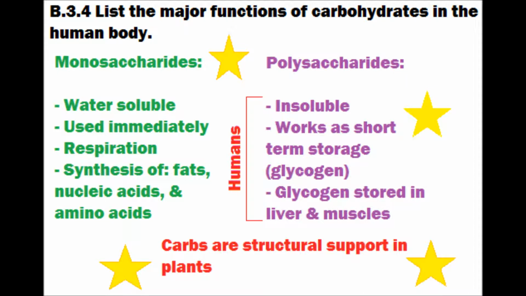B.3.4 List the major functions of carbohydrates in the human body. Monosaccharides are water-soluble and are used by cells quickly. They are used in respiration and in the synthesis of fats, nucleic acids, and amino acids. Polysaccharides are not water-soluble. They are the storage form of carbohydrates and are mostly stored as glycogen in the liver